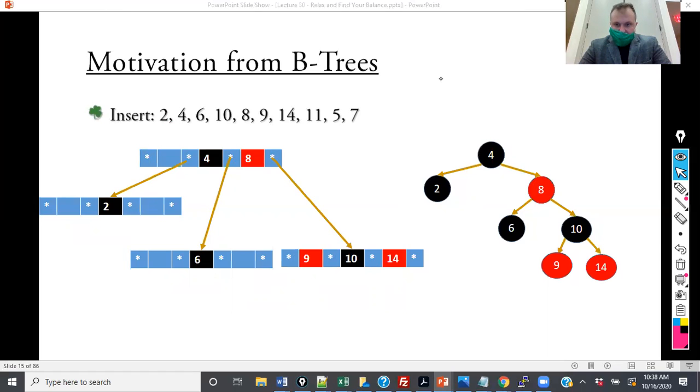Why do we make 8 red? The element here has to be in the middle, and is black. And then when we move 8 up here, since it's on the right-hand side, we're going to define it as red. And our goal is to have a